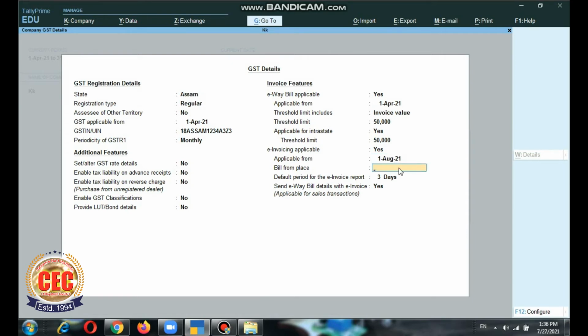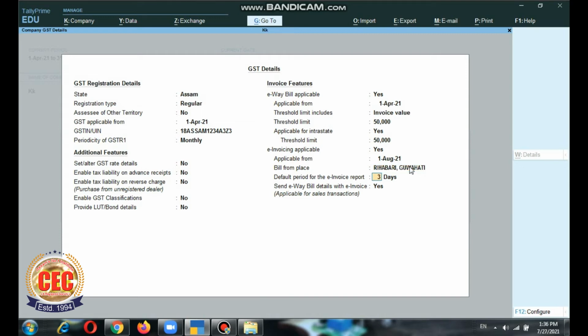After this, Bill from place. Here we'll have to select the location from where we are going to apply our e-invoice. So we'll have to select the place name here. I have set the place name.